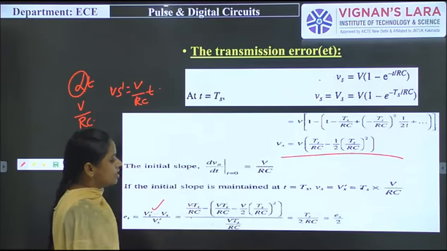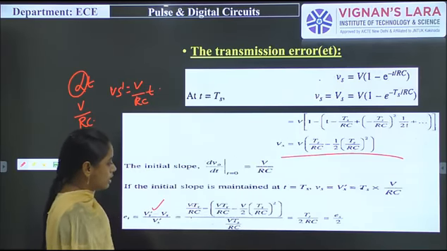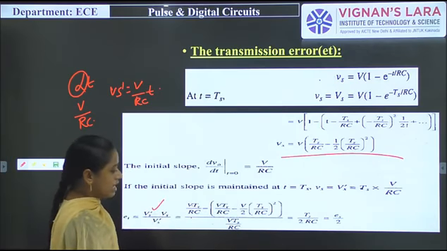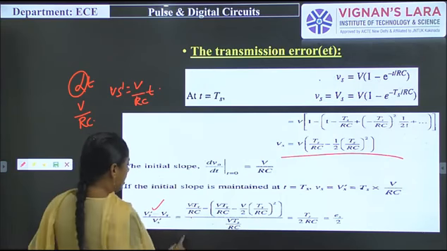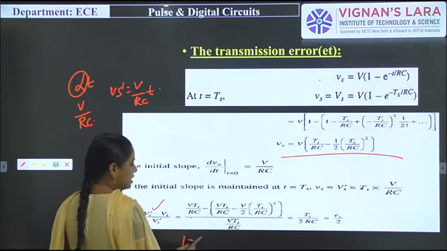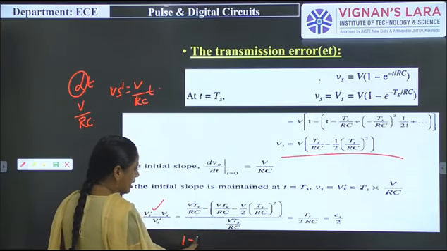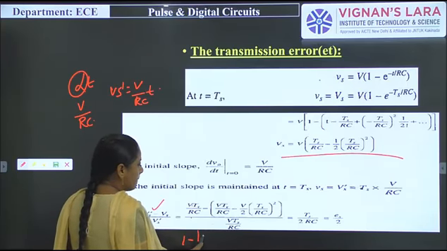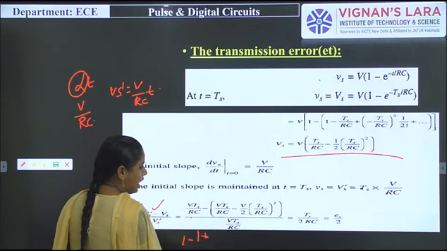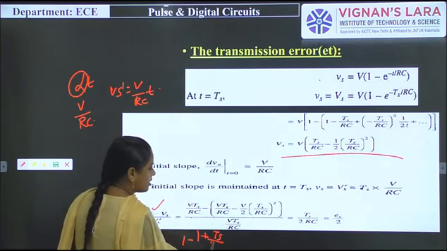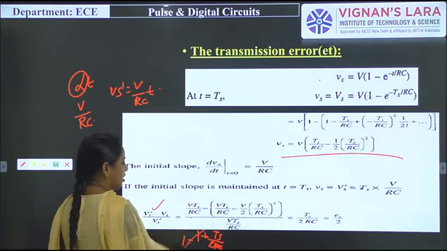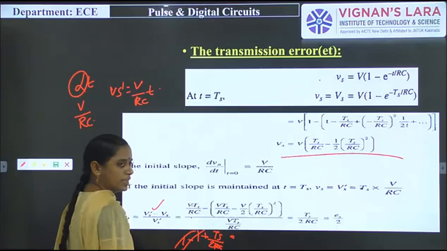So Vts by Rc into V by 2 into Ts by Rc whole square. So just take Vts by Rc as common. Then it becomes 1 minus, and cancel this Vts by Rc, then it becomes 1 minus 1 plus V by 2, or nothing but Vts by 2, we have to take it as common, and we have to write like this, Ts by 2 Rc. So then it will be cancelled, the output will be Ts by 2 Rc.